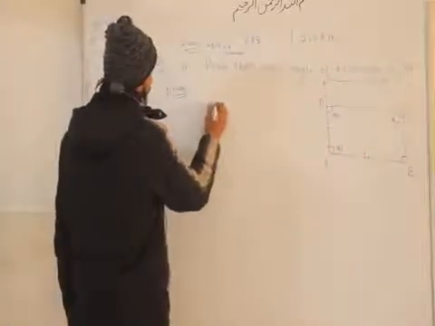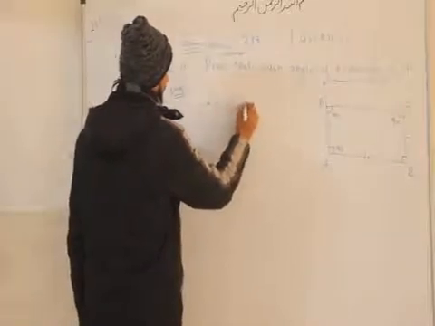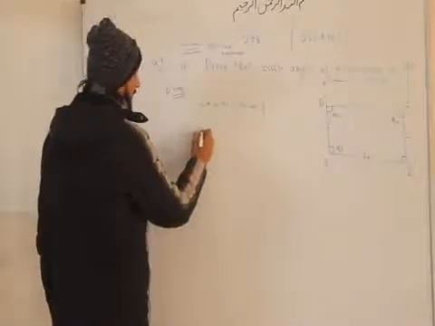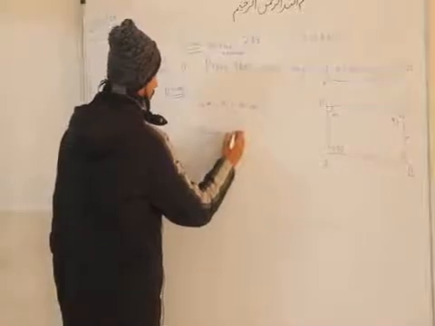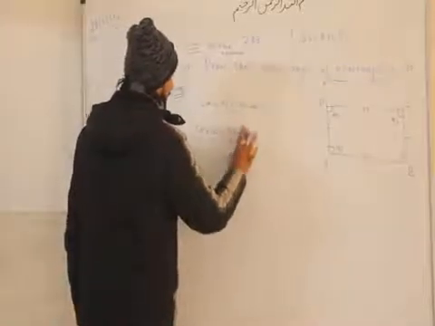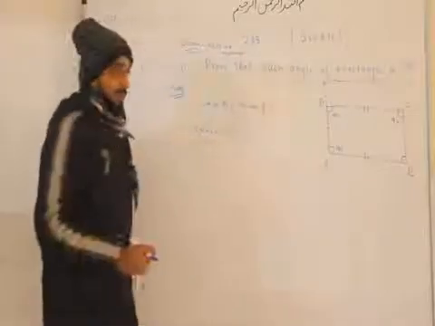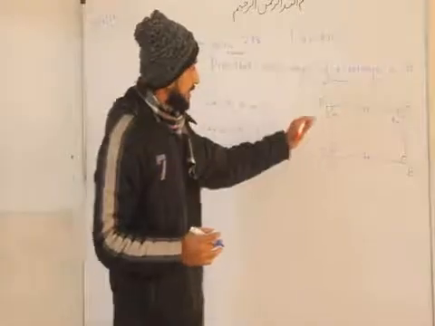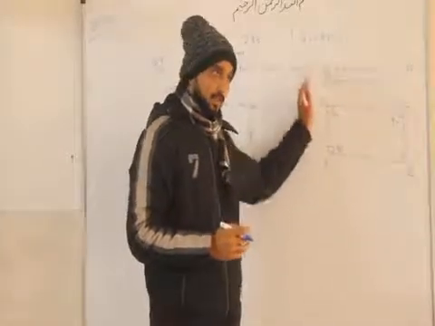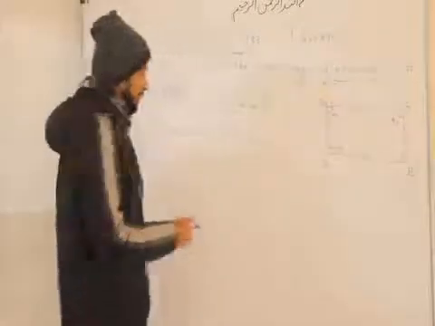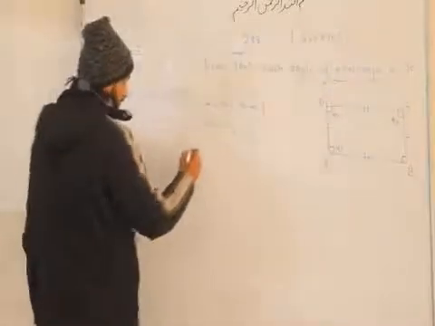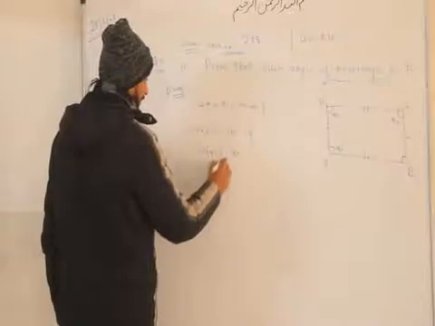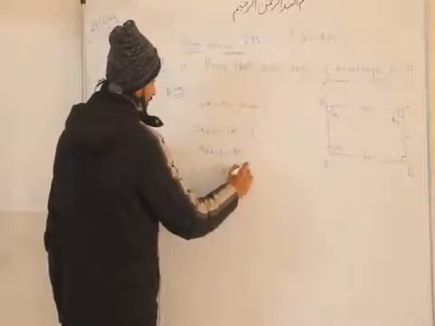So angle A is equal to 90 degree, right? This is a given condition for a rectangle. And now angle A plus angle D, the sum of these two angles must be equal to 180 degree. The reason is what we have learned: the sum of the angles on the same side of the transversal are supplementary. So we can write the reason here. This is your 90 degree angle, then this is angle D.